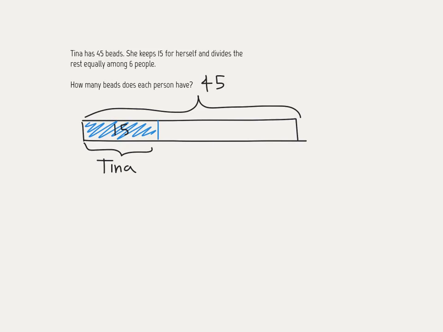Okay. And then she's going to take all the rest of this, and she's going to divide the rest equally among 6 people. So then we're going to take the rest of this bar over here. And sometimes the kids will like to draw that separately in another portion, but we can do the work right on the same bar we drew. So we're going to divide this into 6 people,